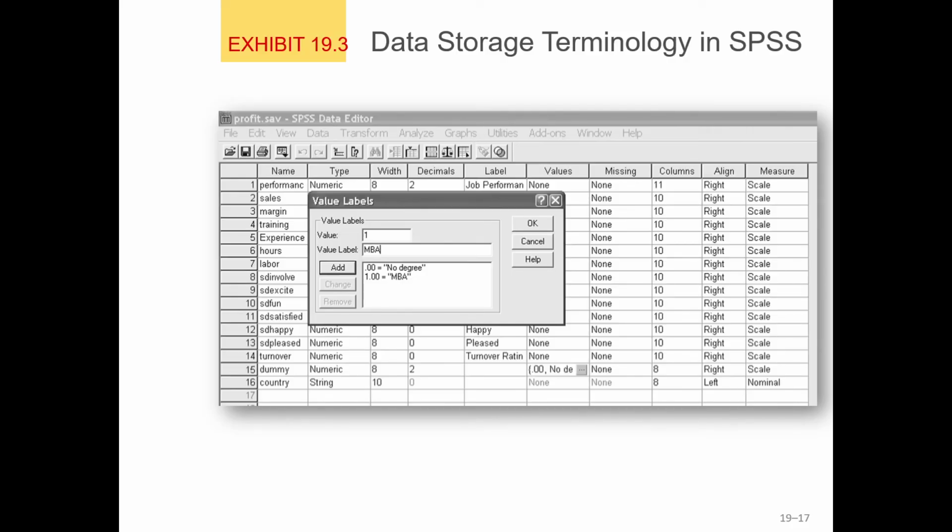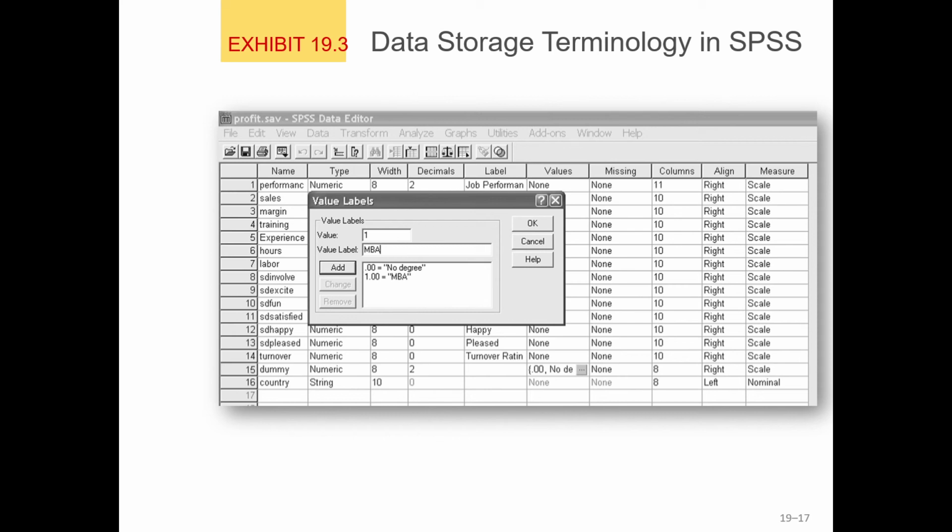This exhibit shows the SPSS variable view used to describe the data in a file. Most of the headings are straightforward, beginning with the name of the variable, the type of the variable, the size, the label, and so forth. Toward the bottom, the variable country is a string variable, and the values for this variable are words that correspond to the country from which that specific record originates: Austria, Brazil, Canada, and so on.